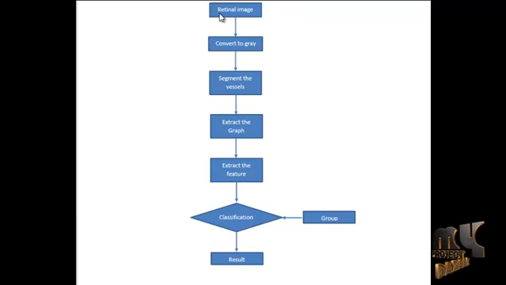First, we give the retinal image. It is the input image. The retinal image contains the fovea, optic disc and vascular trees, and it is our eye image. Now we convert the retinal image into a gray level image. In this process, we extract the red, blue or green band from the color image, so the color image is converted to a grayscale image.